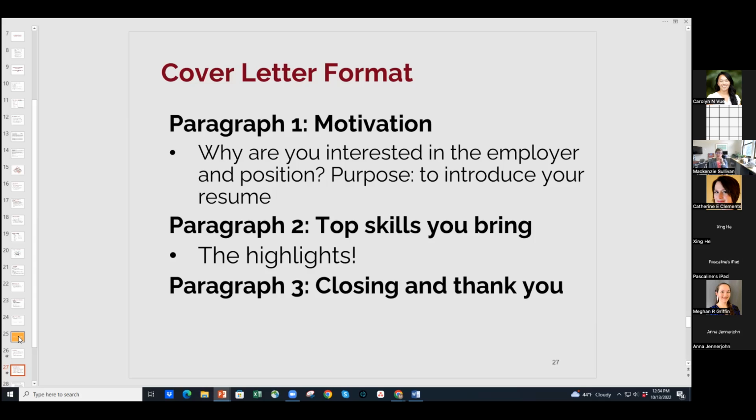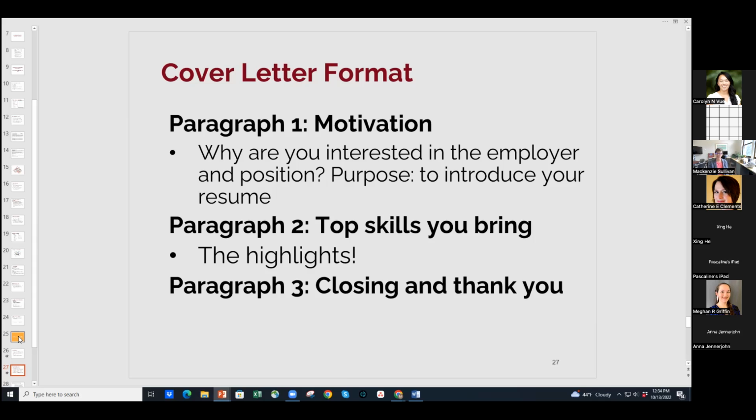I don't understand why this PhD in English is applying for my project manager position. That doesn't make sense to me. But you have a chance in the first paragraph to say, here's why I'm interested in that. Here is why I'm interested in your particular organization. Maybe you're a nonprofit that focuses on refugees, and maybe you've done your work in that kind of topic area. So why are you interested in that? And I think that's pretty key. The second paragraph, you can bring out the highlights of the top things that you're bringing to the employer.